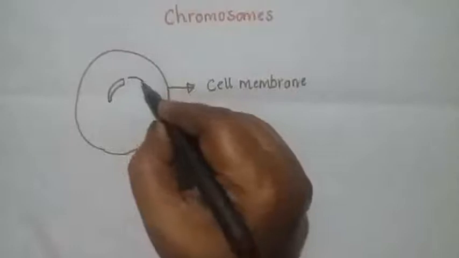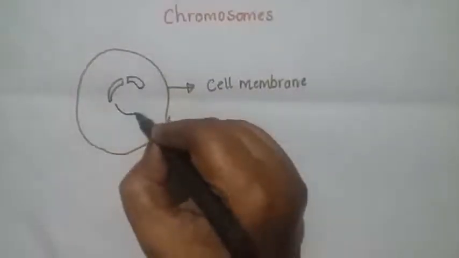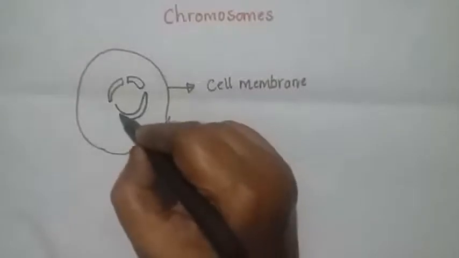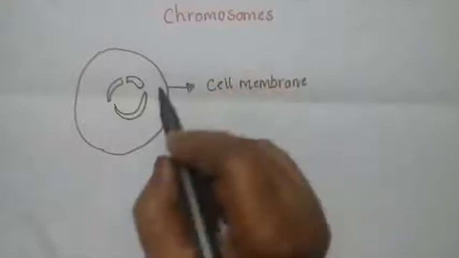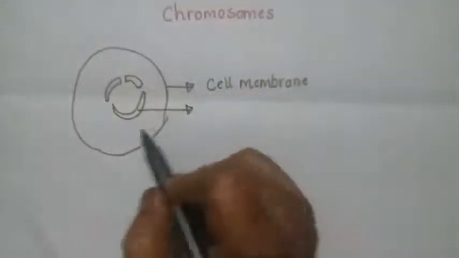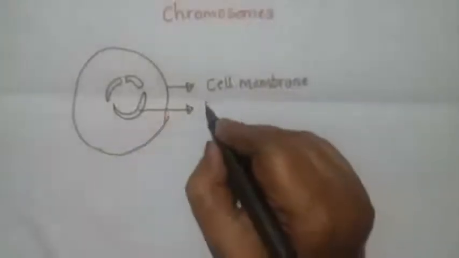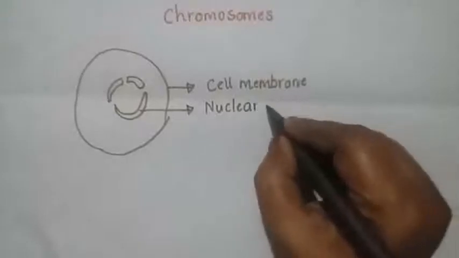That largest cell organelle is either oval or spherical in shape, and that organelle is the nucleus, which is covered by a membrane known as the nuclear membrane,